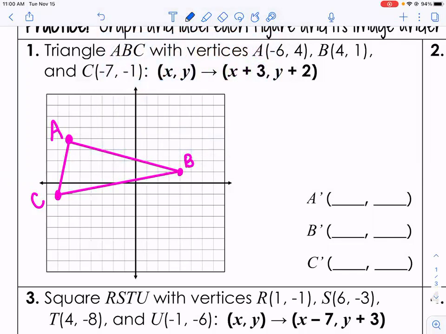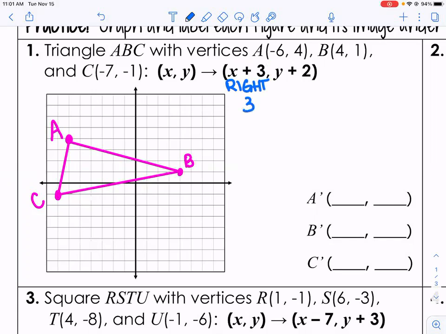Okay, now let's talk about this notation right here. This x plus 3. That is telling us, well, it's with the x, so it means left or right. Since it's positive, what do you think it's going to mean? Yeah, it's going to mean right. This means right